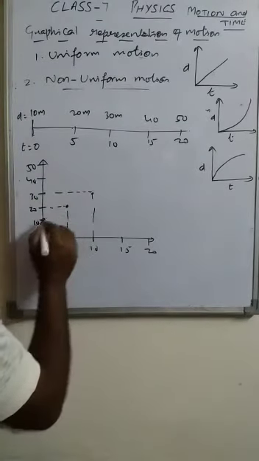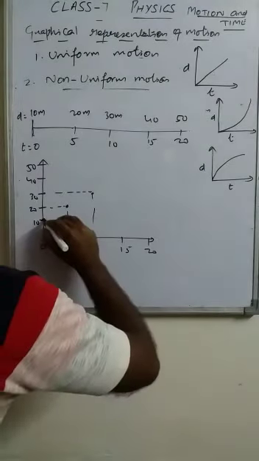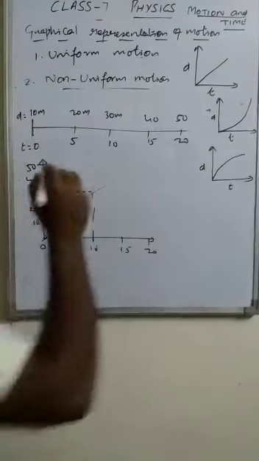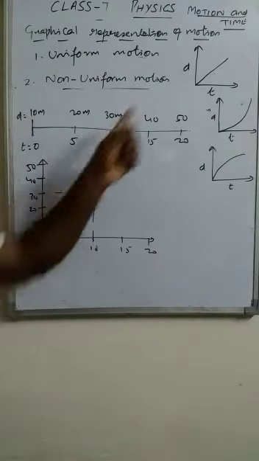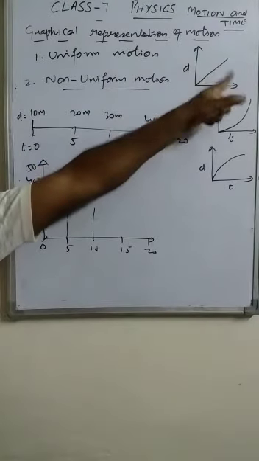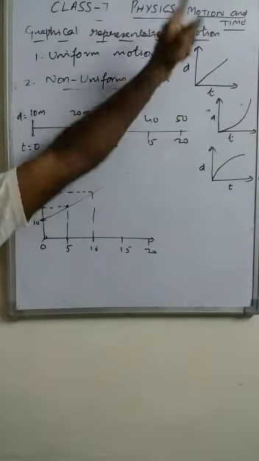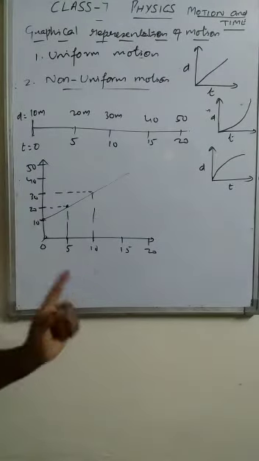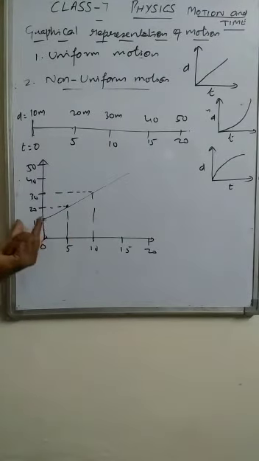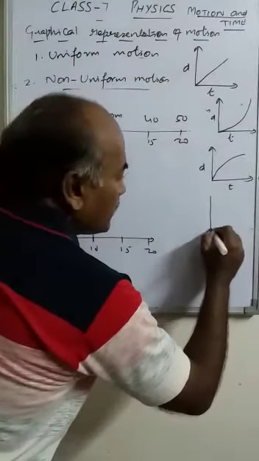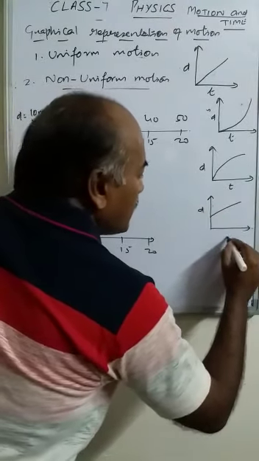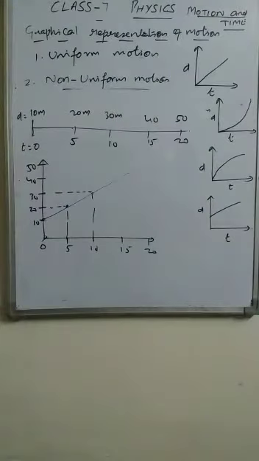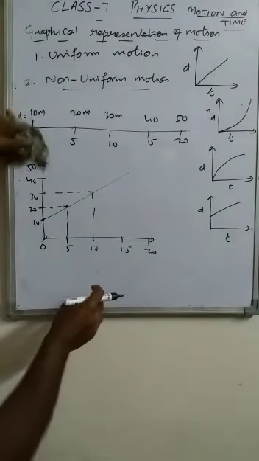So in this way we get the graph. It is plotted in this way. If we join the points, we get the line. It is also a straight line. Both are straight lines. A straight line inclined to both the axes represents the object in uniform motion, uniform speed. But the difference is what? Here it is starting ahead of the origin. So this is one more graph, distance-time. Then one more type of graph also can be plotted.